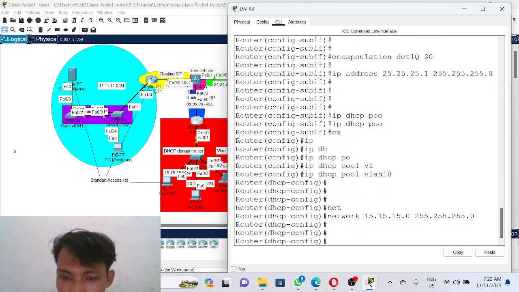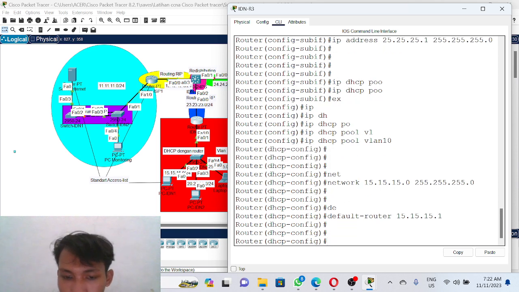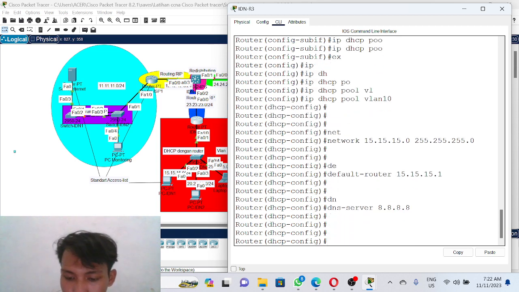Okay, default router is 15.15.15.1. DNS server is Google 9.9.1.9.